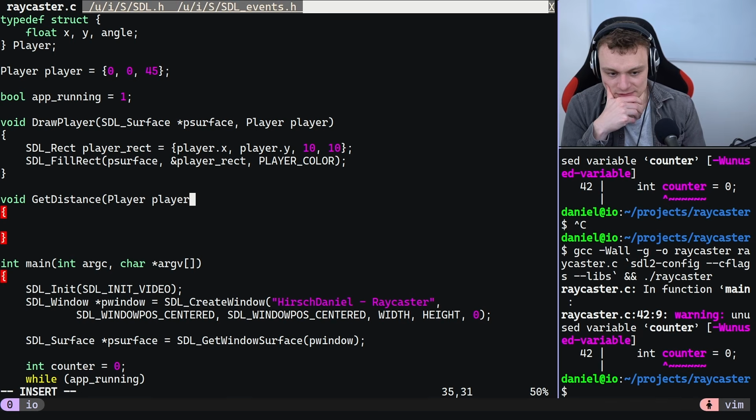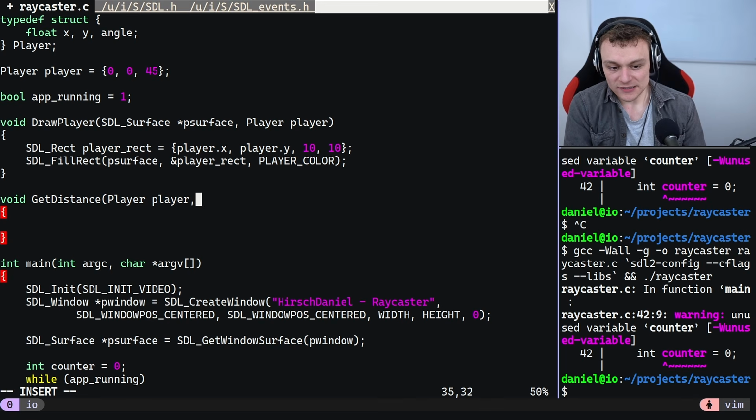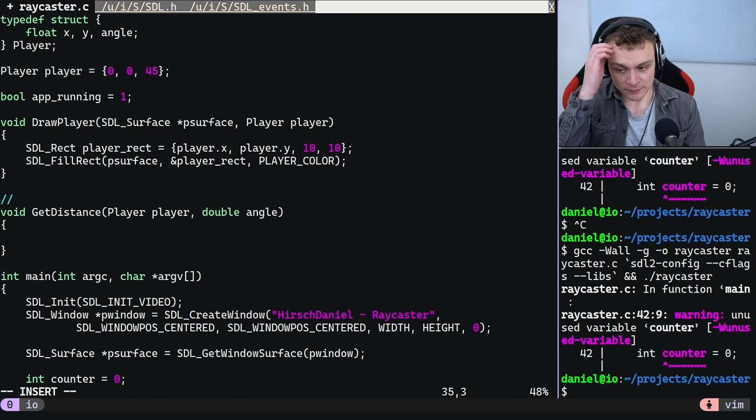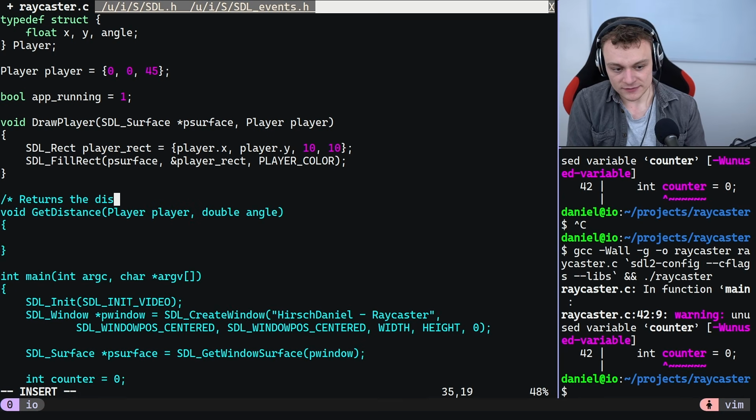How about we get the distance between the player and the wall, assuming the player looks at a certain angle. I will use double angle. This is a double, so a number with a comma. So this returns the distance to the next wall, assuming the player looks in a given